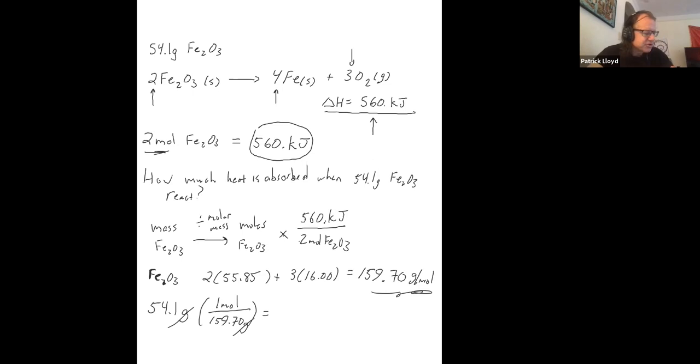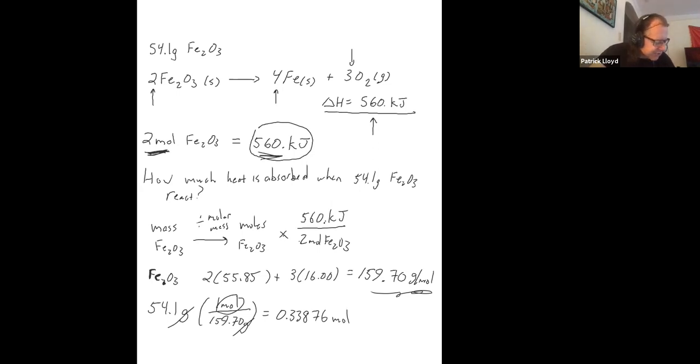Okay. So that's going to be about a third, right? 50 over 150 is 1/3. 5 over 15 is 1/3. 1/3 is about 0.33. So we should get somewhere around a third. 54.1 divided by 159.7. And yeah, it's pretty close to a third, actually. 0.33876. And then the units are moles. Okay. So now you got your moles, and every time 2 moles of Fe2O3 react, this is how much energy